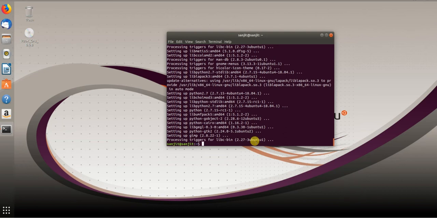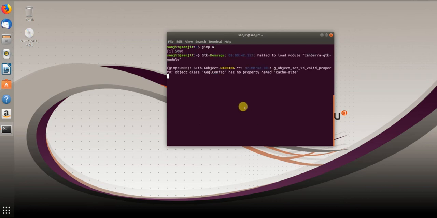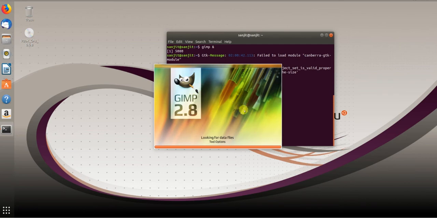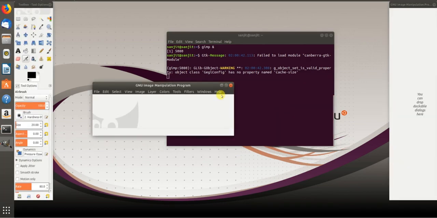Now I want to check if the software is working fine or not. Hit clear, type the software name followed by the ampersand sign, which is on your keyboard above the number 7 key. Hit enter. When you hit enter, you can see the software has been opened for you. That's the software I installed for you. This is the way we do any kind of installation in Ubuntu or any Linux machine.